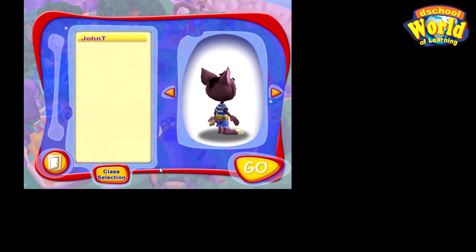So for those who cannot see their student names listed here, it shows that you never added your student on the list. Okay? So if you are on the same page with me, you can see your student's name. You can select it and click on the Go button. For those who are not yet here, please go back to the teacher control panel and ensure that you followed the instructions correctly. Okay? If you have any problem following the instructions, you can rewind the video and watch it again to see how to add the student.